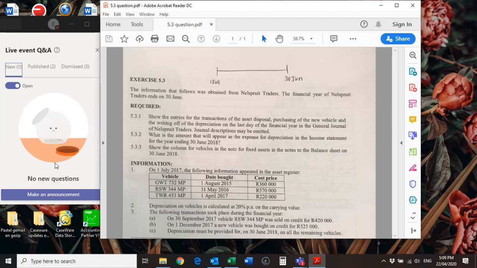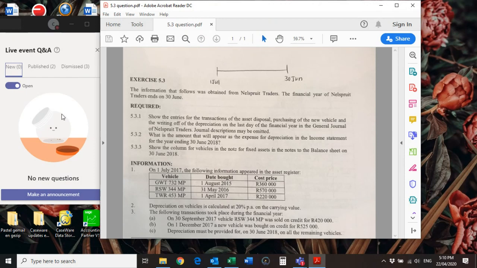So I would make a note here and say, the second one I sold in September. So what's that going to be? That obviously triggers an asset disposal, and that also triggers that my depreciation is going to stop on the 30th